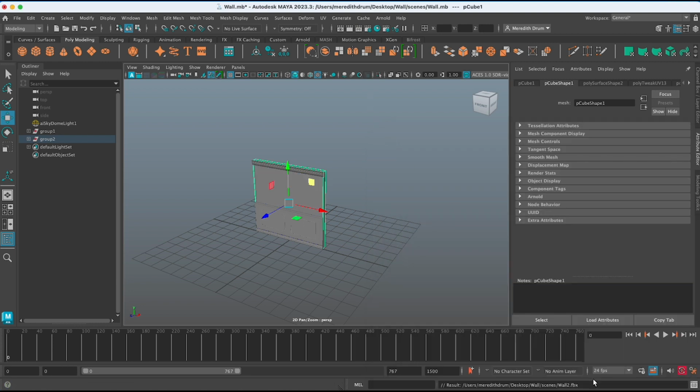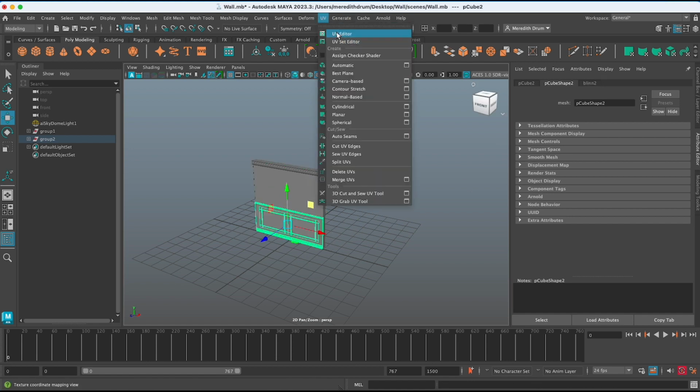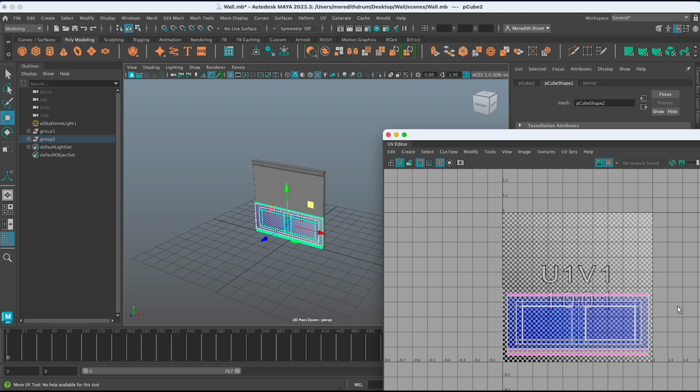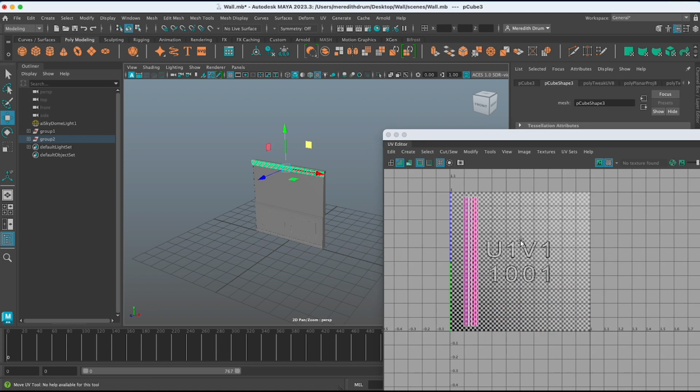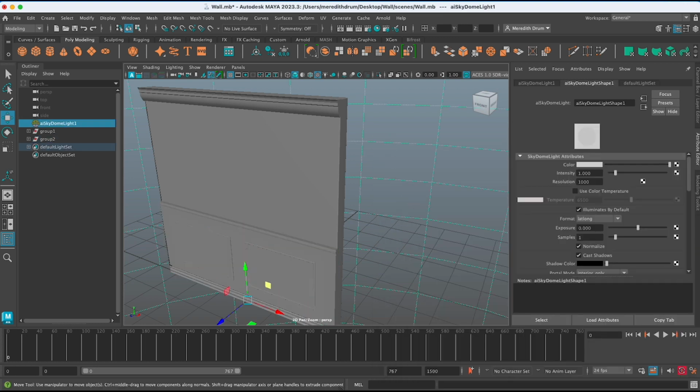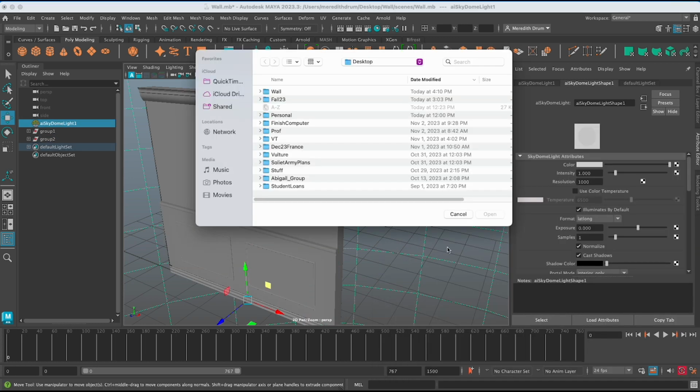Now I'm just going to close this video. It's going to be short, and we're going to go into, oh, actually, before I do, let's just take a look at the way that these are UV edited. I just did a simple planar with both of these, and you can take a look, and they look okay with the checkered. We could just apply a wood to those. So that's it for this part, and then I will come back with the Substance Painter part.